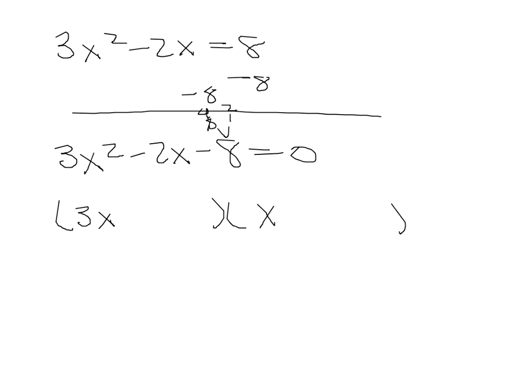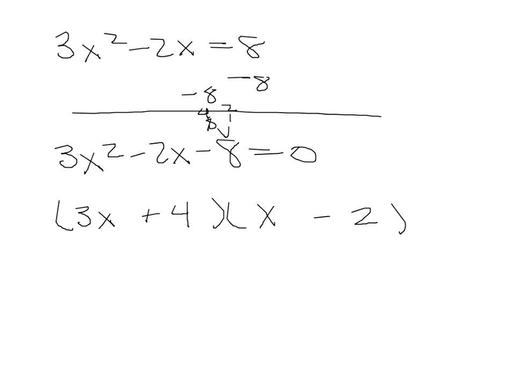So let's see. If I take 3 times 2, I get 6, and then 1 times 4 is 4, and that gives me a difference of 2. So let's try the 3 and the 2, with the 2 being negative, and then the 4,